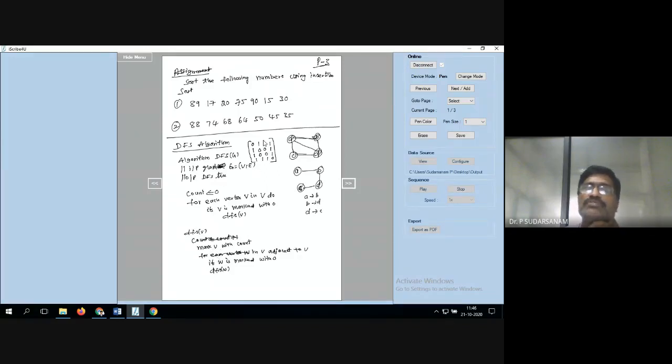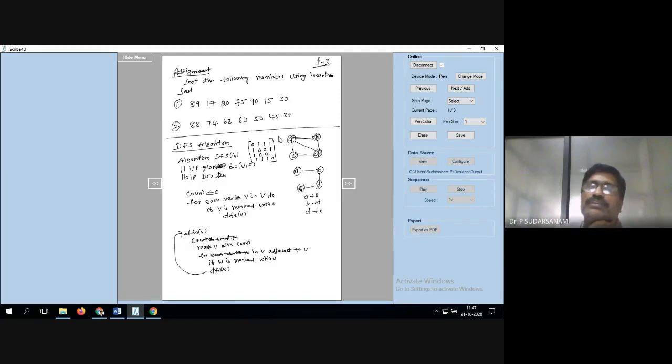Next, for each vertex, you have to put it in the loop. For each vertex, from A to B, A to C, A to D, you have to read it. Where you have 1, only A to B has 1. You draw it because B is an unvisited node. That is the link used to draw the spanning tree. If W is marked with 0, W is nothing but B, marked with 0. Yes, the condition is true, so draw this line A to B and call the same function.